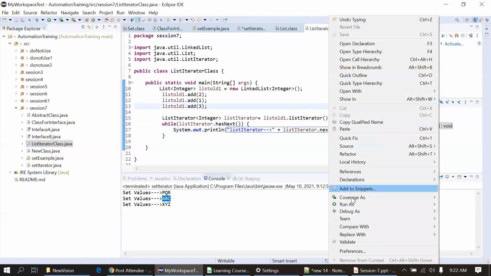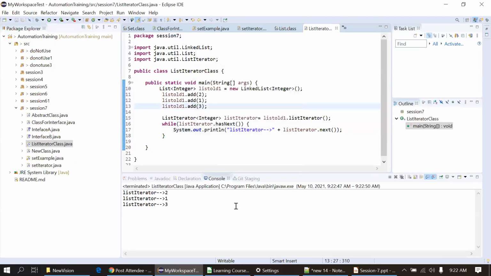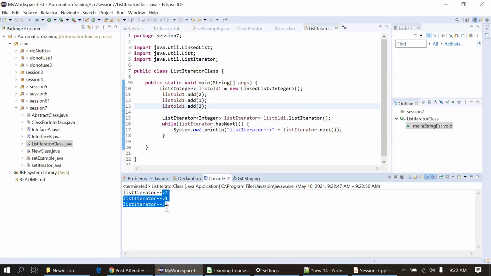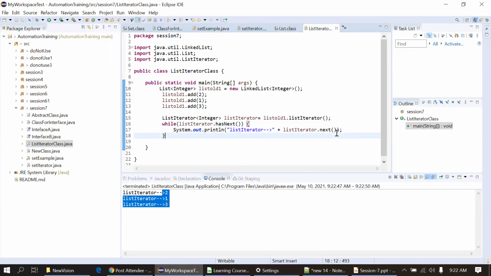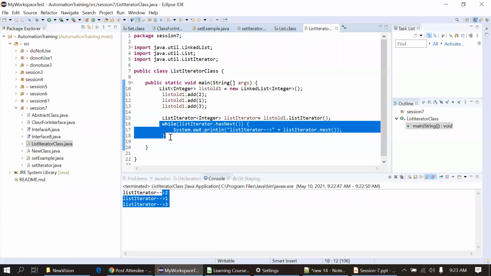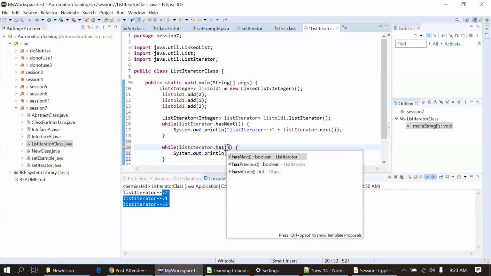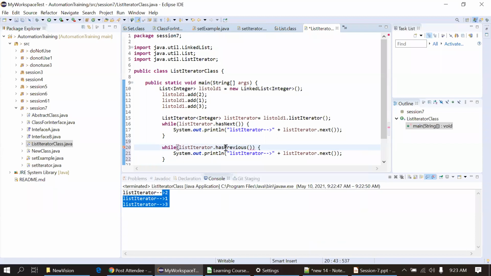I'm just executing this program. Now it is printing 213. So now I have traversed 213 from top to bottom. I will traverse in reverse now. I'm just copying this. I will check hasPrevious, and here also I will use previous.